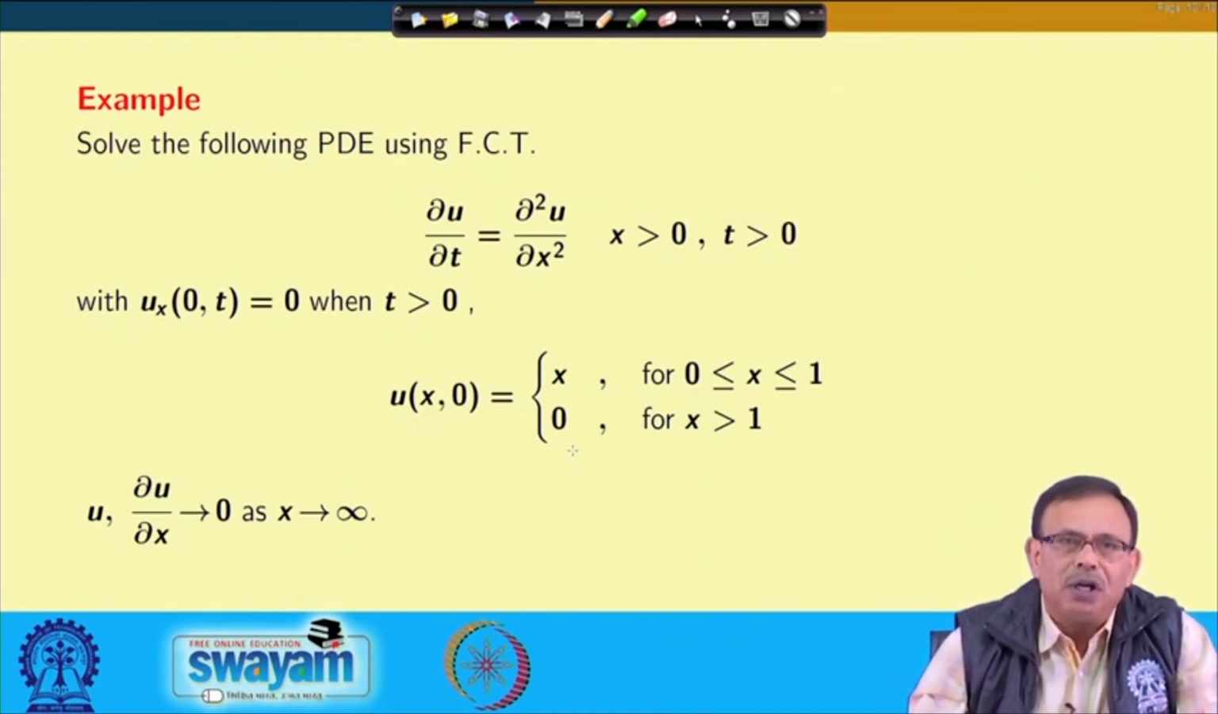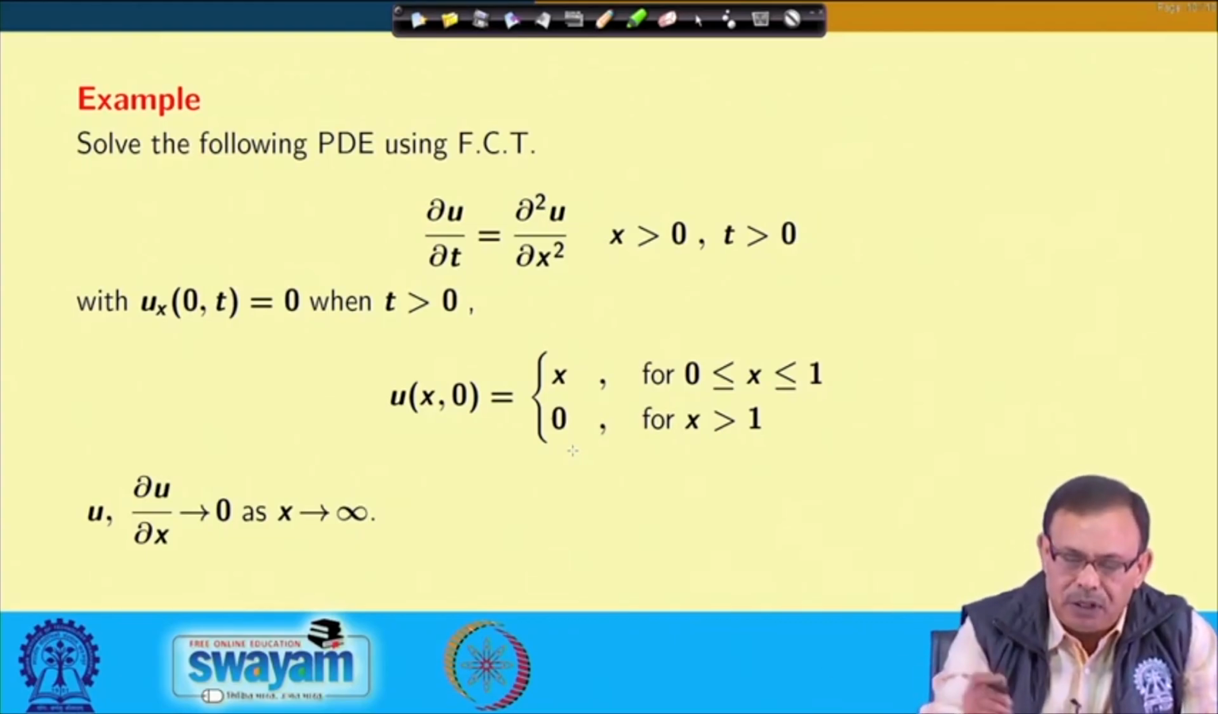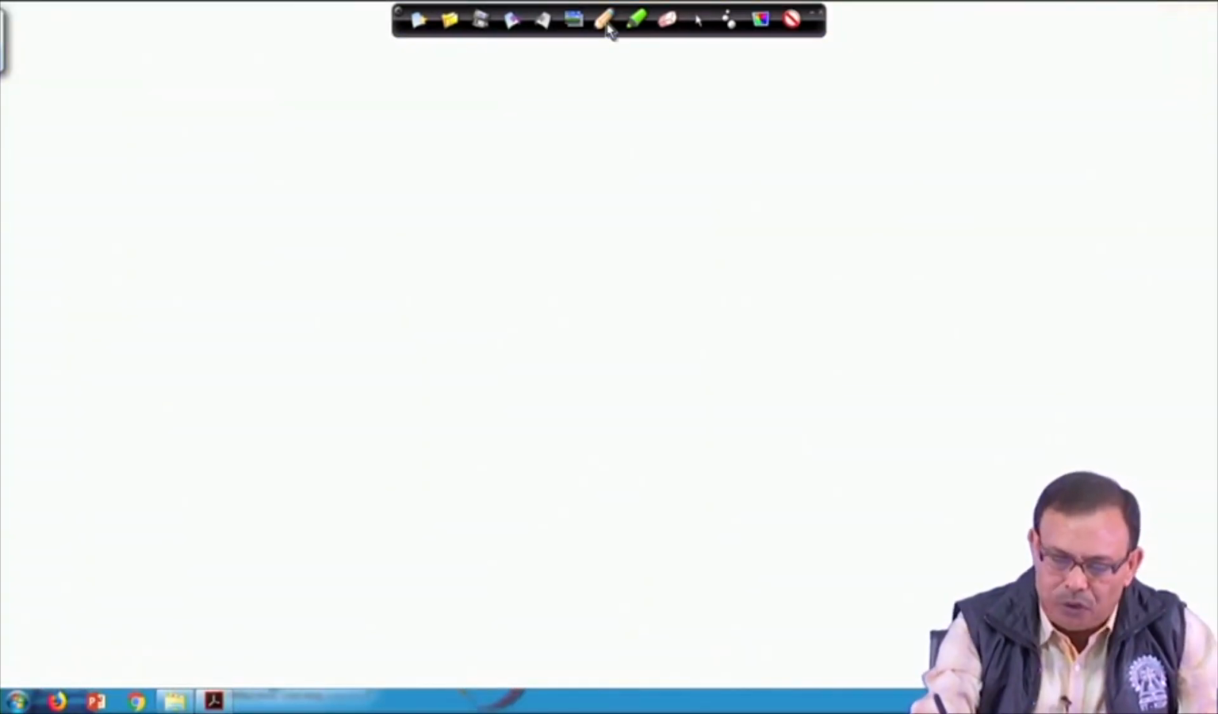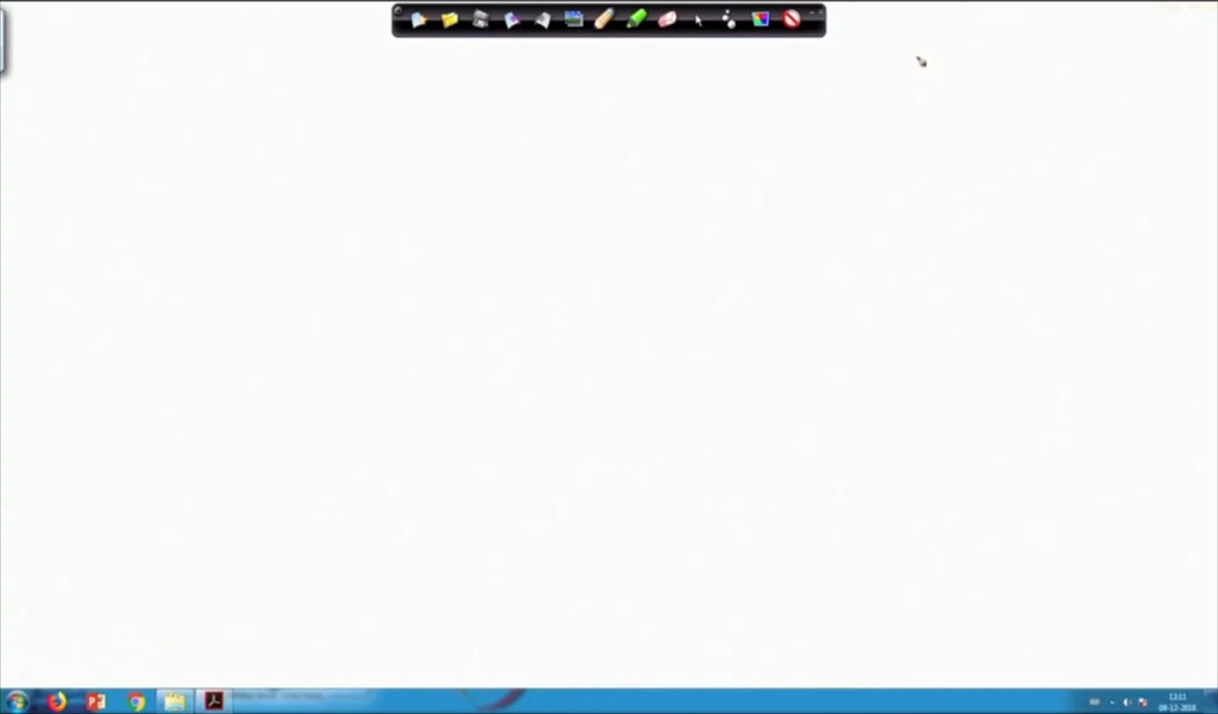So, from the given conditions, again del u del x approaches 0, u(0, t) is 0 is given, u(x, 0) is given. Therefore, I have to apply the Fourier cosine transform with respect to the variable x, not with respect to the variable t. So, your equation here again was del u del t equals del two u del x square. So, if you apply Fourier cosine transform with respect to x on the given equation,